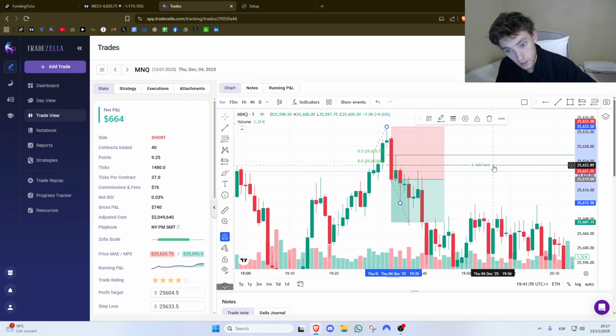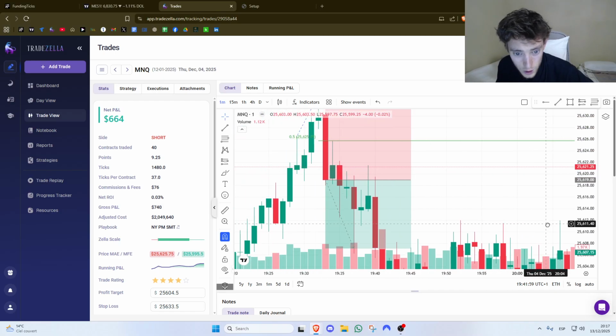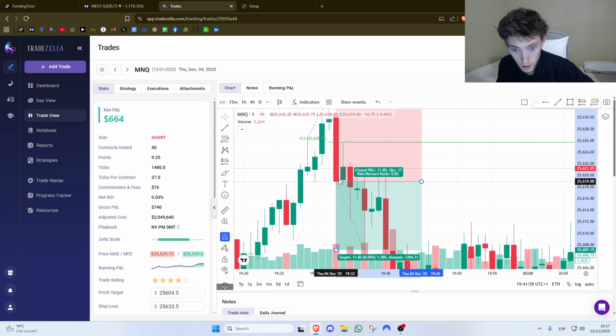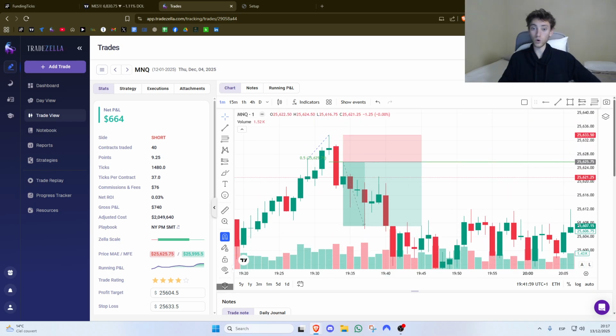Oh no, it would have been that one. Okay, so for example, this one, we broke structure on this candle. We pushed a little bit lower. That would be the bottom, and then equilibrium. I would set a limit order, which a thing I like about limit orders is also it creates